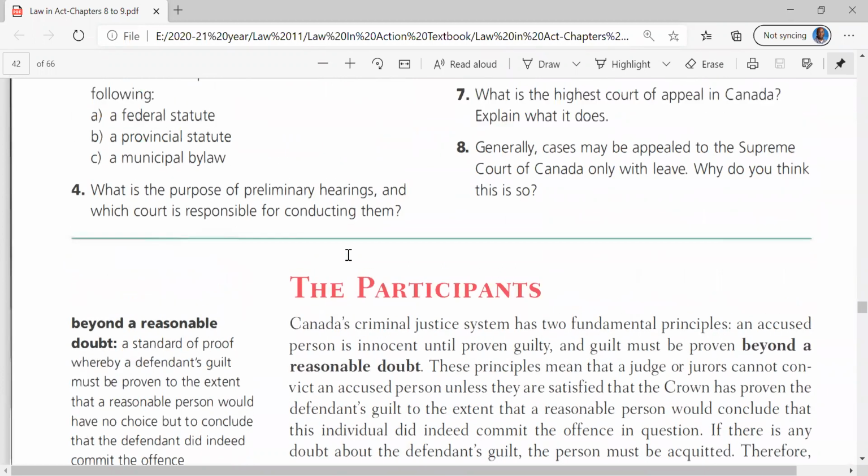Okay, so when talking about the actual court case, you have participants. The biggest thing you need to know about the court system is this concept, beyond a reasonable doubt. You might have heard it watching television shows or anything to do with law, or heard about it if anyone you know has gone through the legal process. Does anyone know what the term beyond a reasonable doubt means? It's a big part of our legal system. Our criminal system does not work without understanding that concept. Beyond a reasonable doubt. It basically means that this